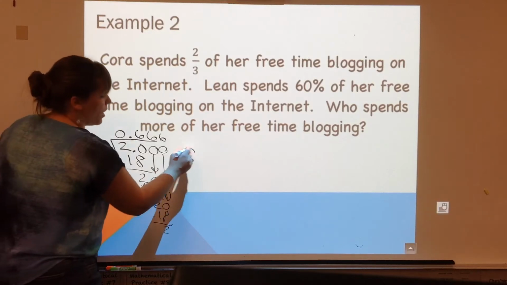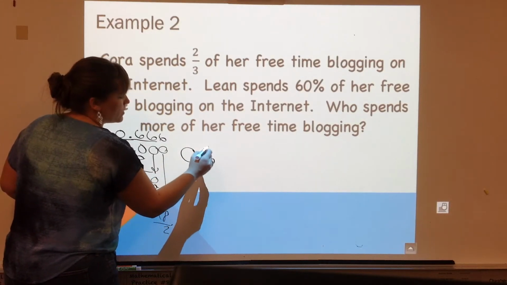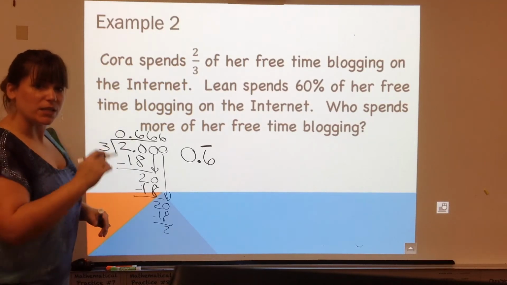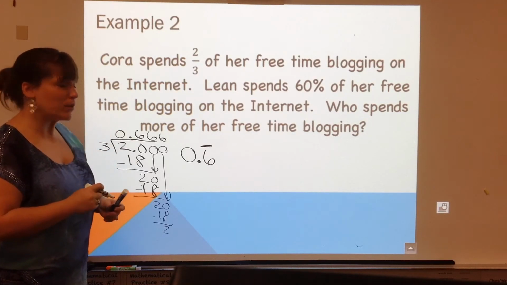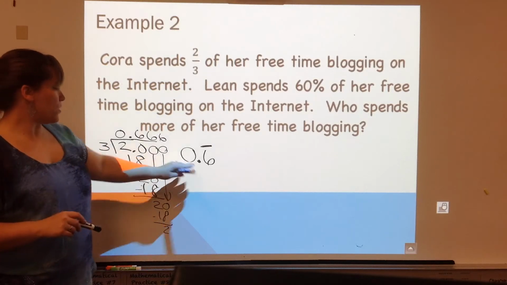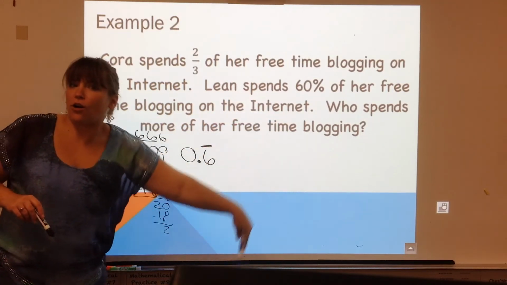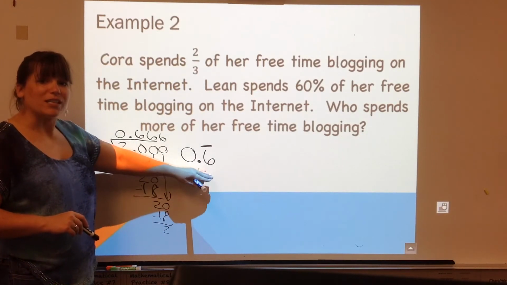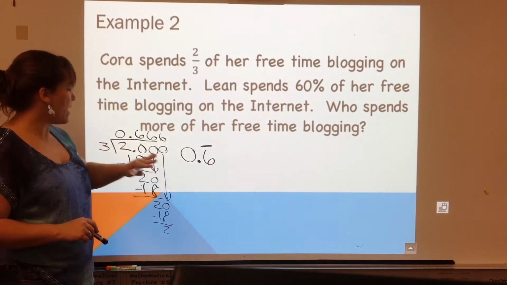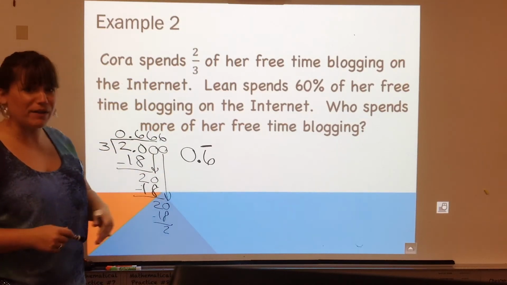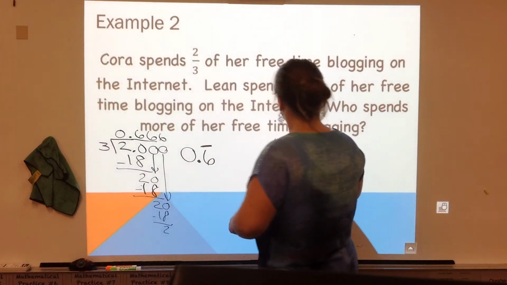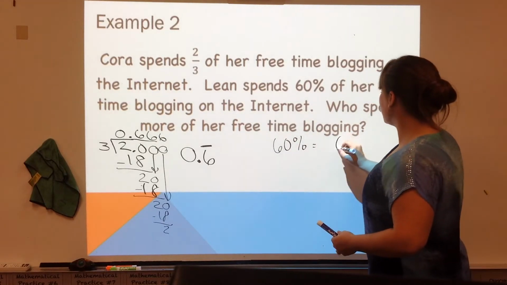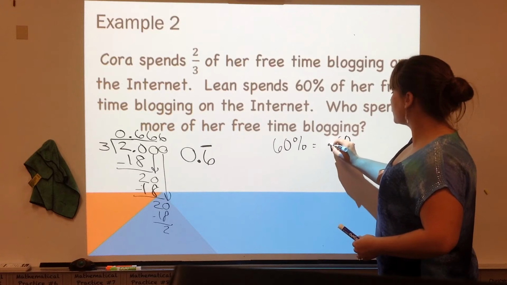Little review, a repeating decimal gets the shortcut with this line over the 6. Whatever repeats gets that little line over that number. So we know that we could write a 6, 6, 6, 6, 6 all the way and never stop, or we could do the shortcut 0.6 with a line over it. So that is our fraction. Now we have to do our percent. 60% as a decimal without the percent sign is 60. Move it over twice, and we have